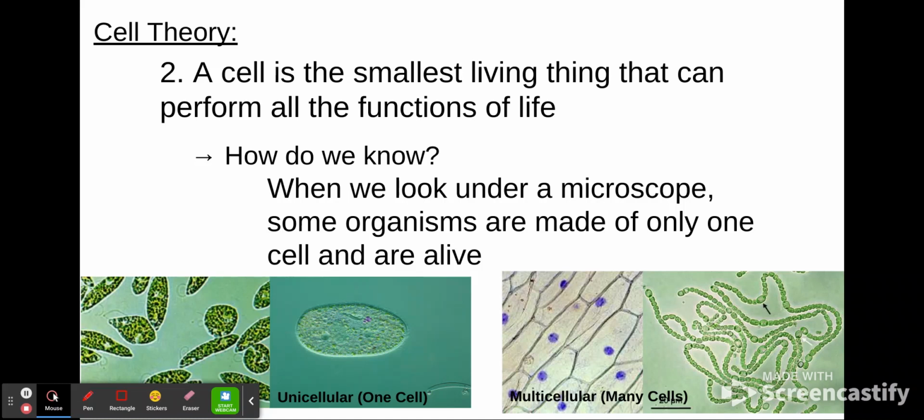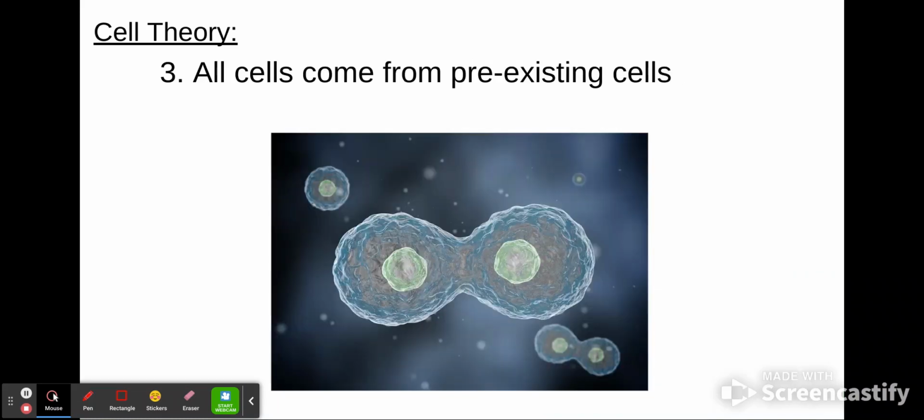So scientists came to realize that cells actually can only come from other cells. And when that mold is growing on your bread, it's because a cell from the air, a mold cell, landed on that bread and then divided. You guys know about mitosis or cell division? So cells come from other existing cells, pre-existing cells. So these are the three parts of the cell theory that scientists developed, came up with over